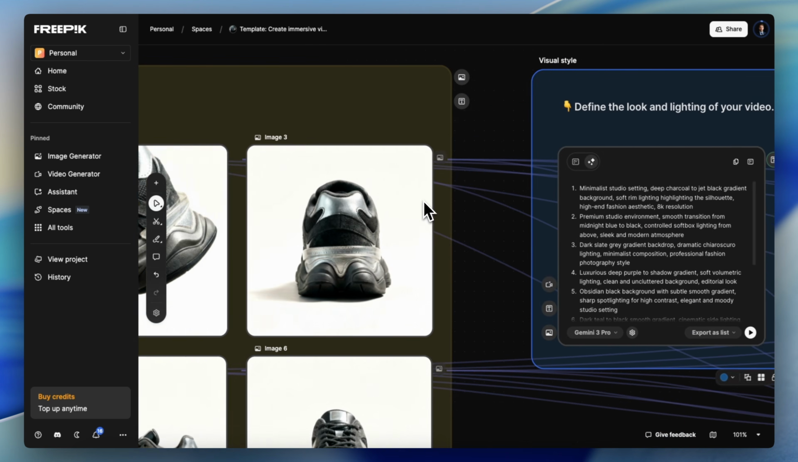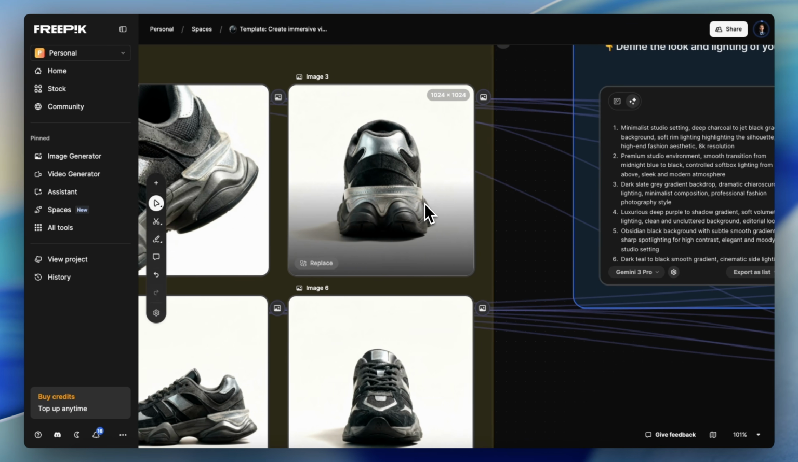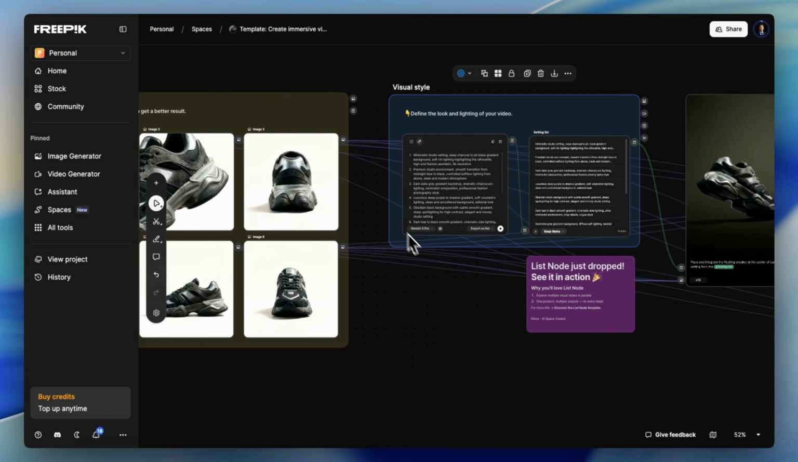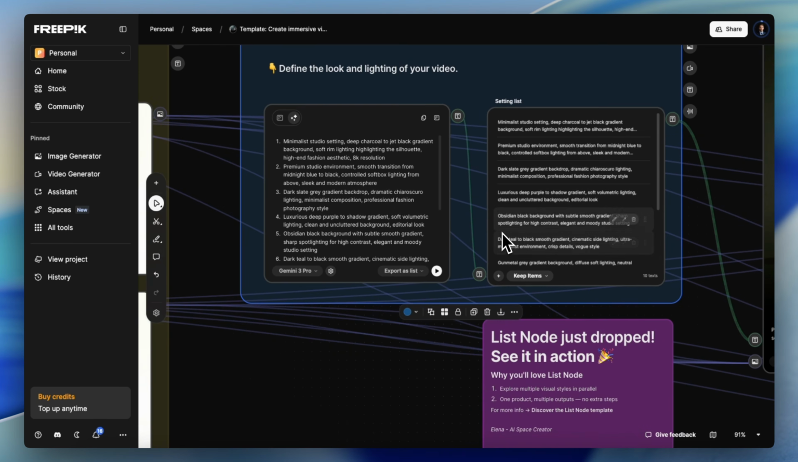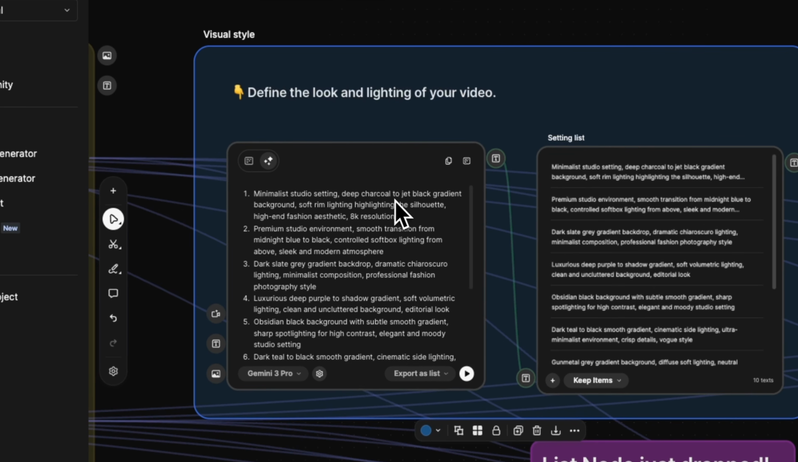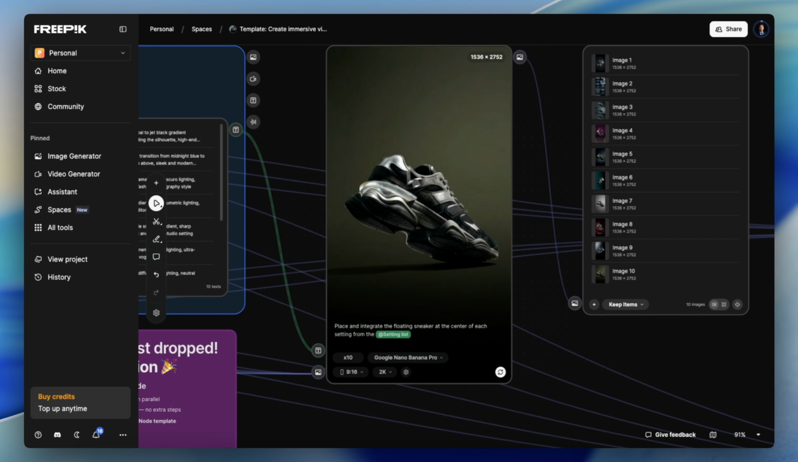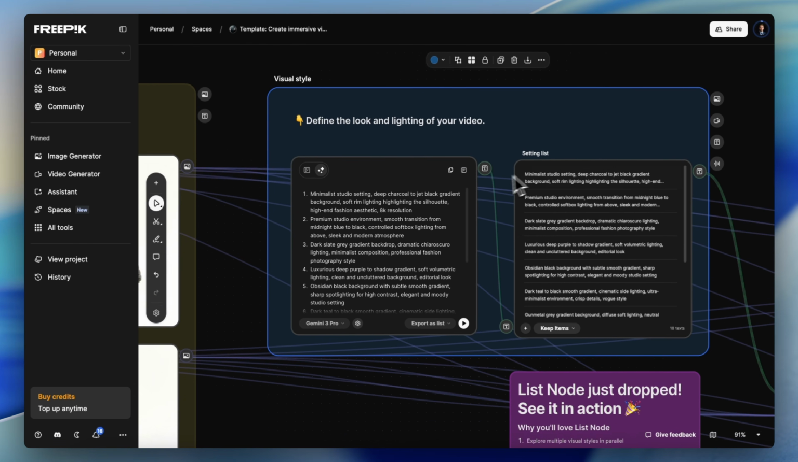So for example, here on the left-hand side, you're going to insert 6 images of your products, and then you are going to connect those products, which is something they have done automatically here, to this visual style block where they are giving instructions. For example, 1, minimalist studio setting, deep charcoal to jet black gradient background, soft rim lighting, highlighting the silhouette, high-end fashion aesthetic, 8K resolution. And they're giving all these different instructions to all these photos, and then they will turn those photos into a social media image that looks really good like this, based on these input photos and these input elements over here,